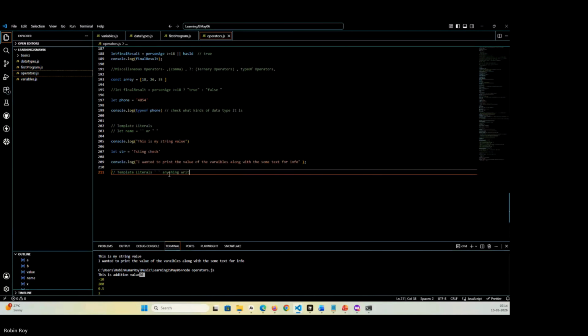Anything written inside the template literals is considered as